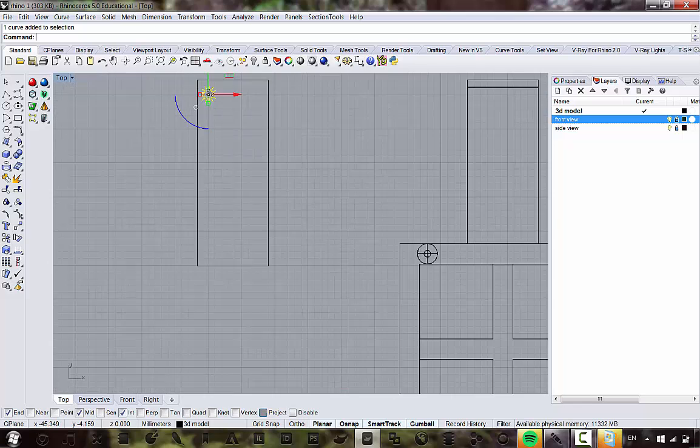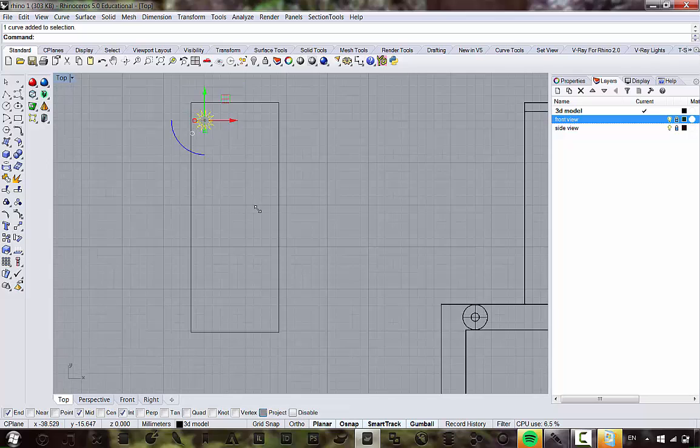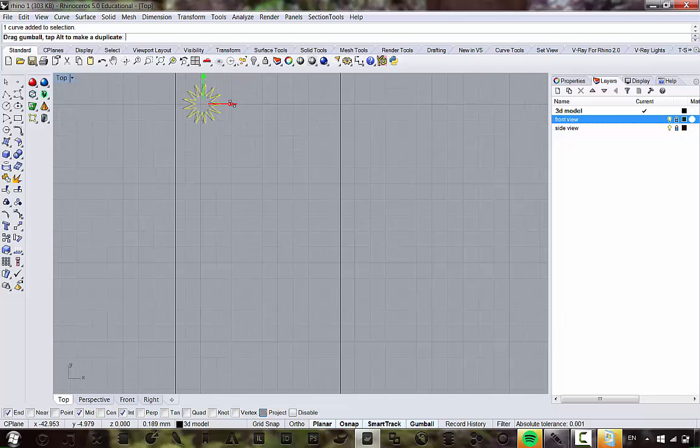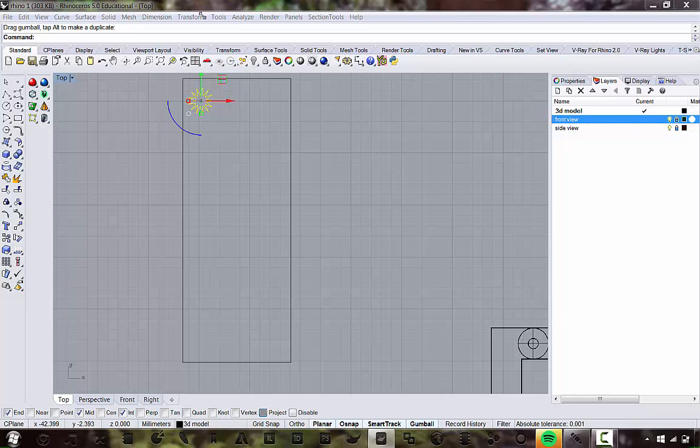And so now we're going to use rectangular array because this is a great tool to learn how to use. So in this case, what we're going to do